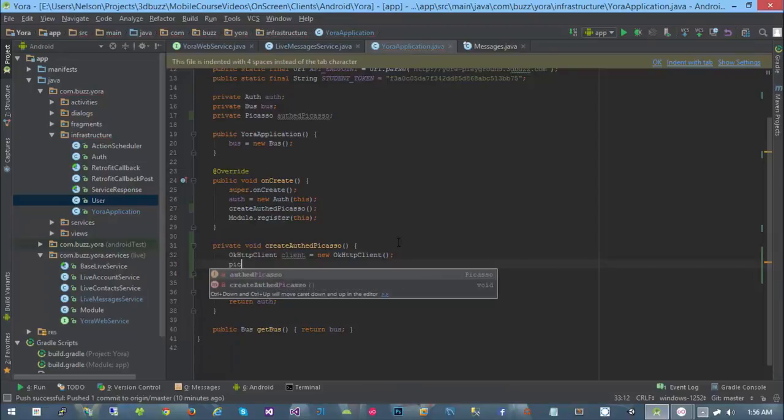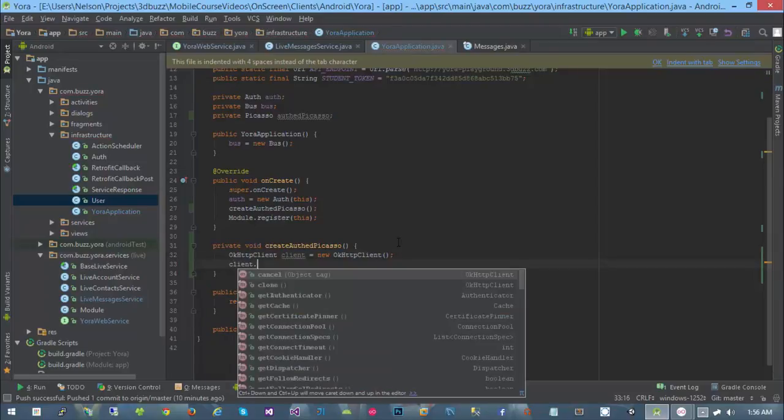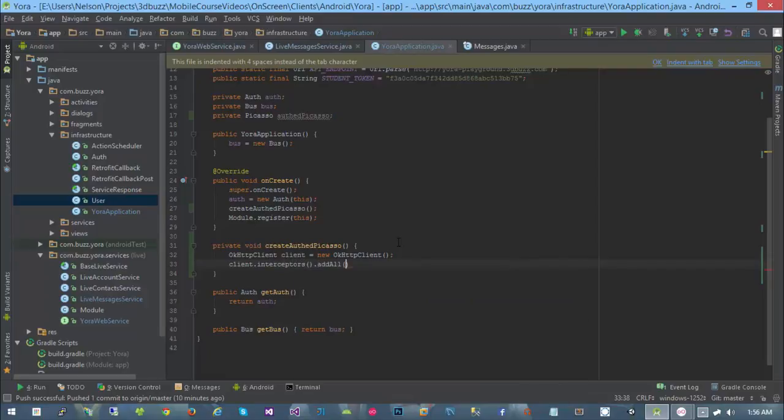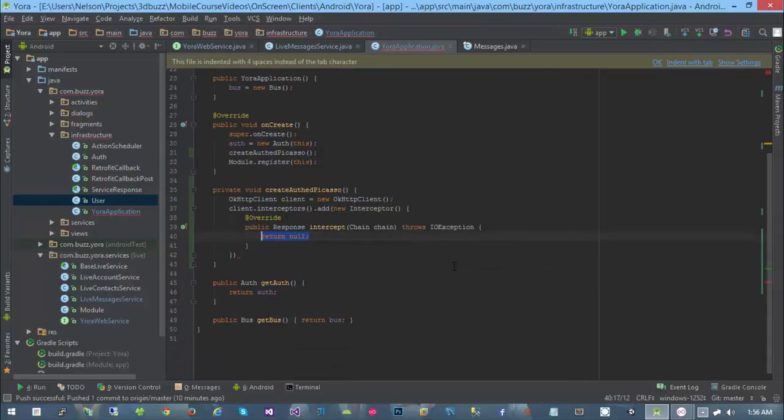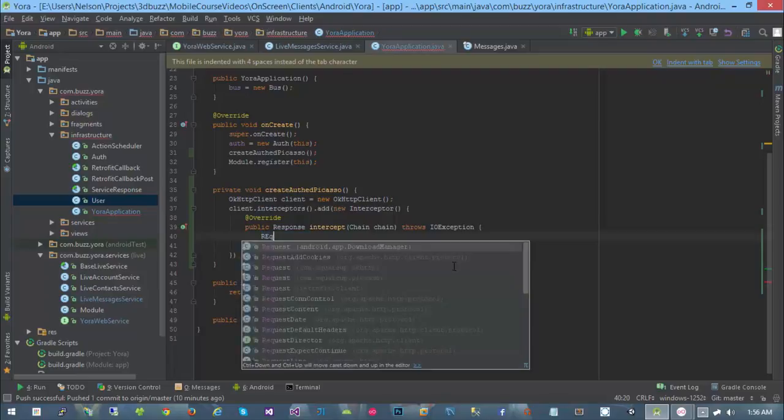And then I'm going to say Picasso client dot interceptors dot add. And I'm going to pass in a new interceptor, just like what we did before. Remember how we added the interceptor in order to add in our headers before? Well, we have to do it again because we're not using retrofit to get our images. We're using Picasso. So what I'm going to do here is I'm going to say request,